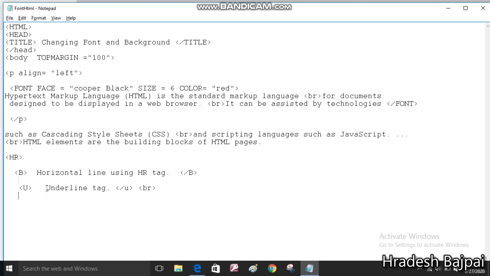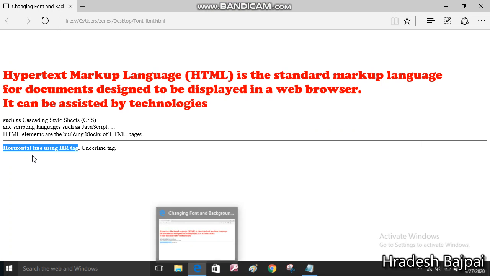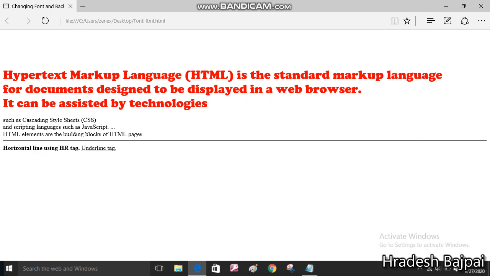In the second line, I have used the underline tag. This U tag is for making the text underlined. Whatever you write inside this U tag will be underlined, as you can see in the output.